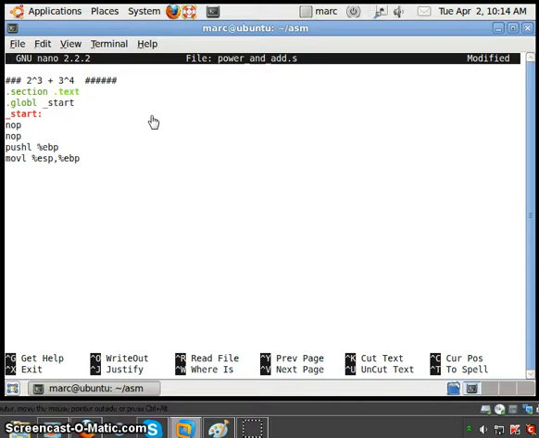Now suppose, we already defined the two numbers, 2 to the power 3 plus 3 to the power 4. As usual, this is going to be a very simple program in C or C++ or any higher languages, but it is going to be very tricky in assembly programs kind of languages. Okay, so let's start now. So initially we push our values. First we push 2.